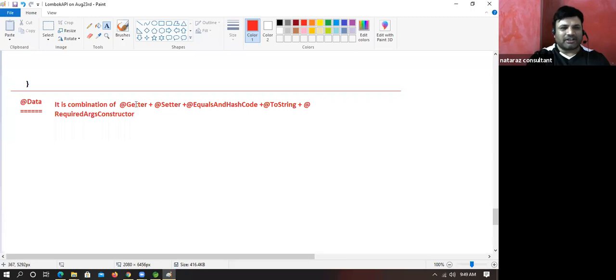It's a combination of getter, setter, equals and hashCode, toString and @RequiredArgsConstructor. Let me write it here itself. Now listen carefully.